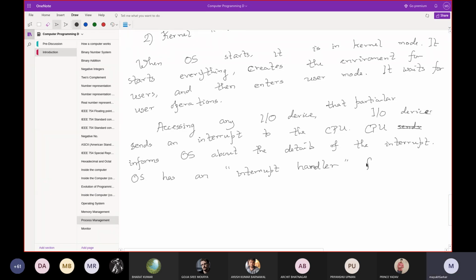The OS is an interrupt handler for every interrupt, and the OS writers write these interrupt handler functions very carefully. What does the OS do now? As soon as the particular interrupt has occurred, the OS switches to kernel mode and handles the interrupt.